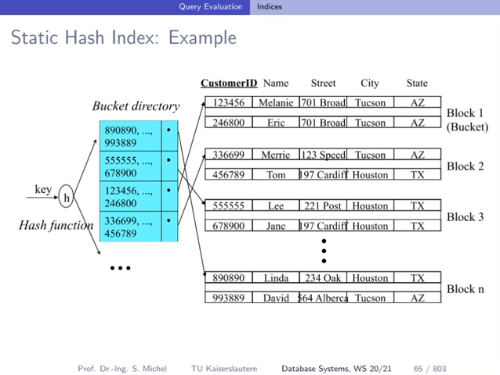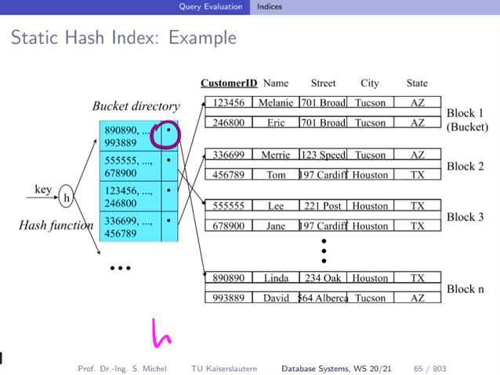So here's a more complex example, with some more complex data. We have customer information, and you see here a hash function. H is used to map customer IDs to what we call a bucket directory. The bucket directory is then looked up and the pointer is retrieved. The pointer guides us to a block on disk where the tuple we were searching for, based on the customer ID, is located. So if you want to know more about Linda from Houston, we know her customer ID,